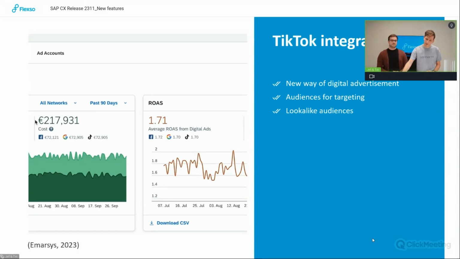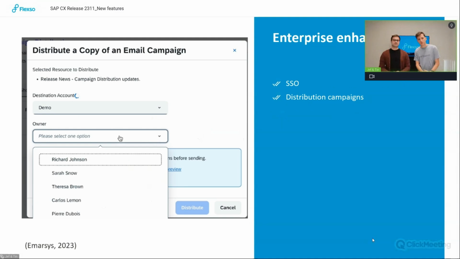And then lastly, enterprise enhancements. So as you know, Emarsys was taken over by SAP a few years ago, and ever since then they're working towards a big global rollout platform, and one of those items that is always discussed is single sign-on. Yep. So enable your users to log in via one same identical password across platforms, and one of those platforms now can be Emarsys.